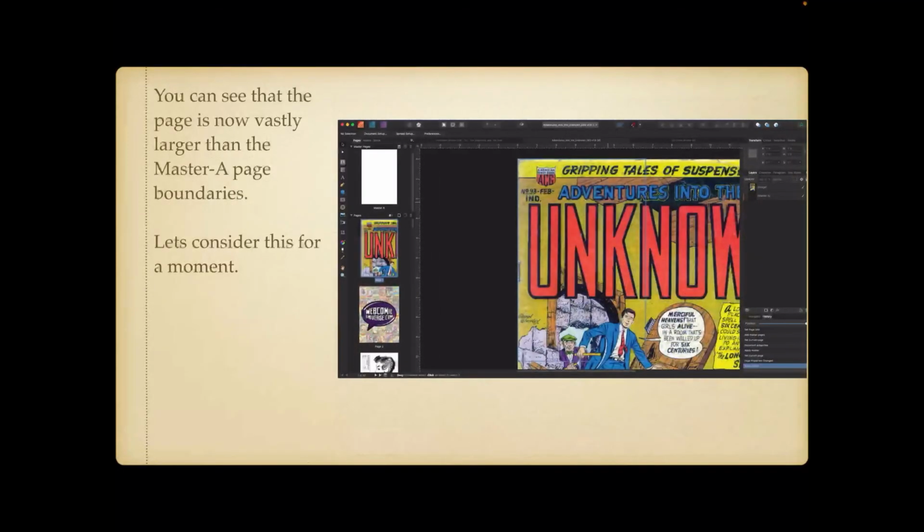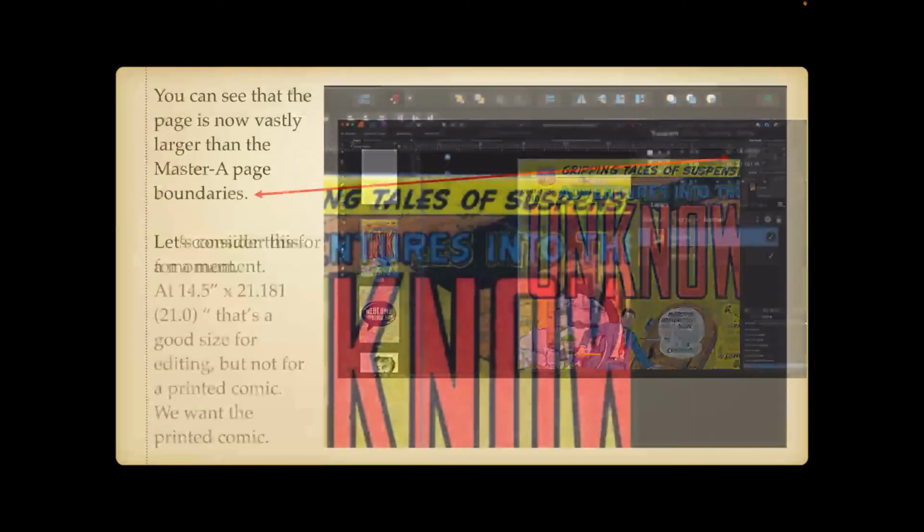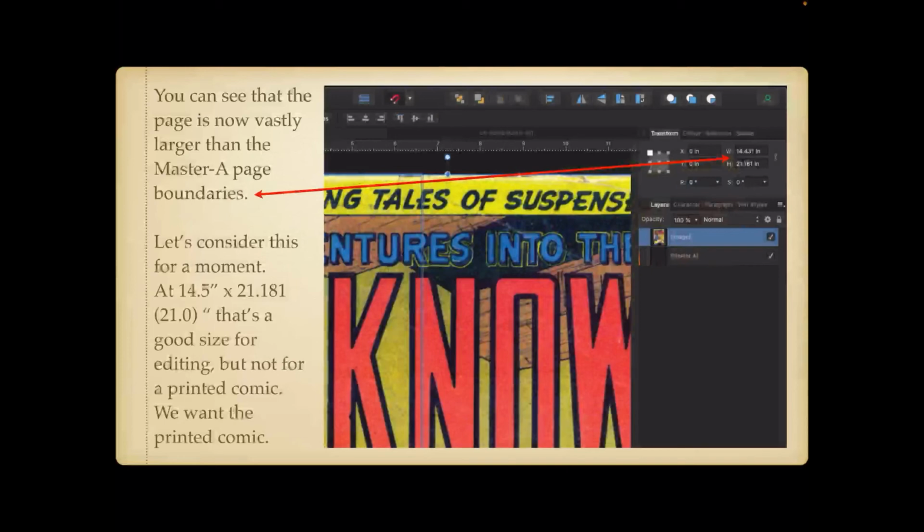You can see that the page is now vastly larger than the master A page boundaries. Let's consider this for a moment. We're creating a master page of the right size which is being overlaid by a page that's not the right size for what we're doing. And you can see it's spread far beyond the boundaries there. You can see the blue line going down the centre there through the R and the N. That's the edge of your master page. The document itself is far larger than that,